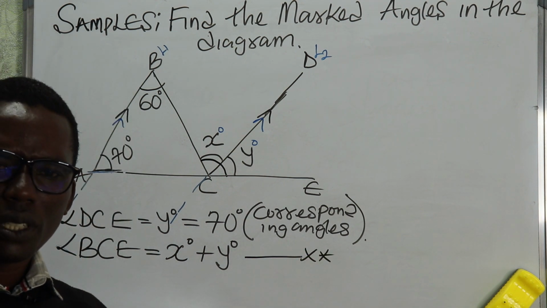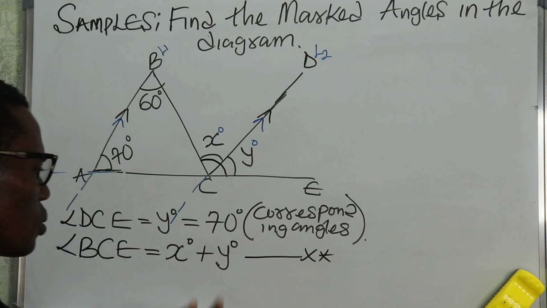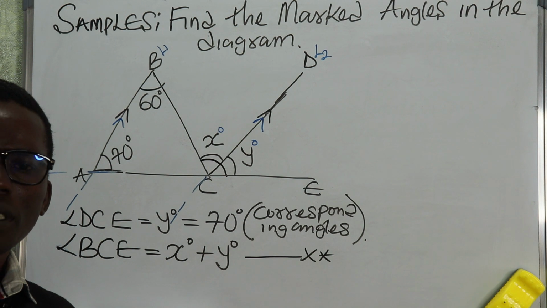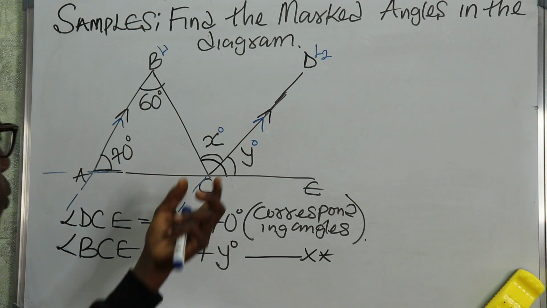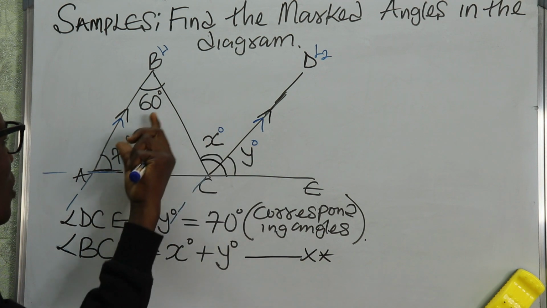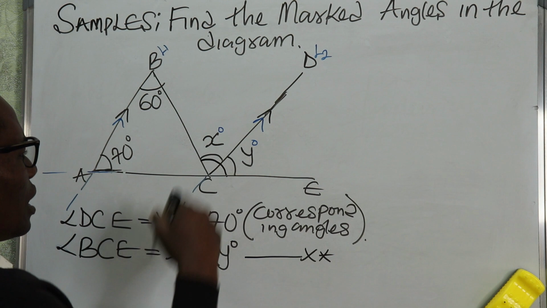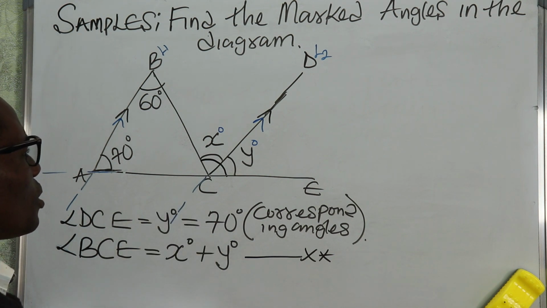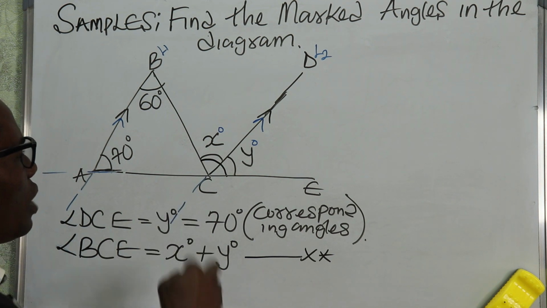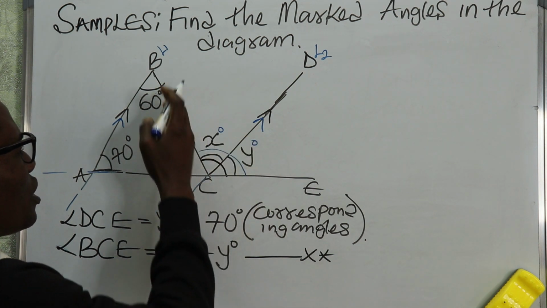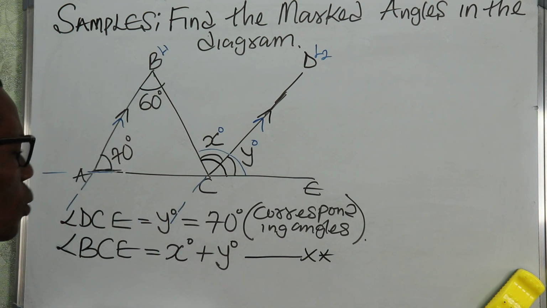Now come to think about it, we are going to apply some laws to solve this, because this alone cannot give us a solution. What angles do we have? How do these angles relate to these two angles? Remember, this angle entirely is exterior to this angle, and we have one line. Since this angle is totally angle C, they are all exterior to these angles. So we can now analyze this in such a way that we can say that angle